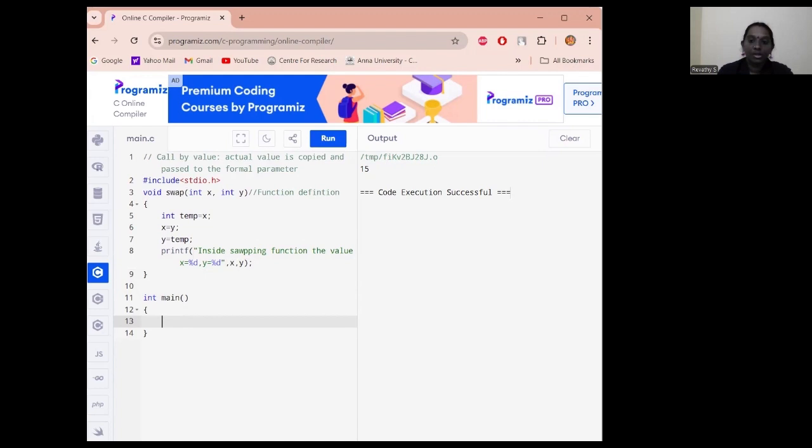int main. Now I'm going to declare two variables: int a equal to 5, b equal to 10, and then printf "before swapping the value is A equal to %d, comma B equal to %d",